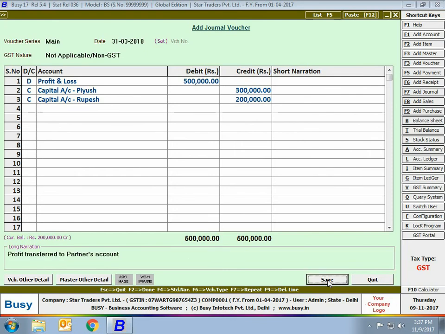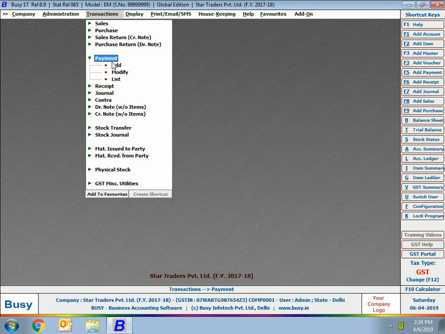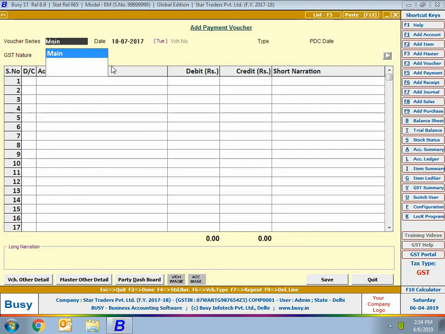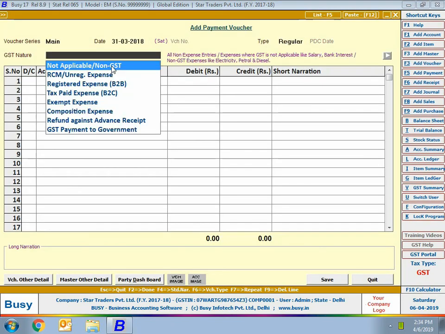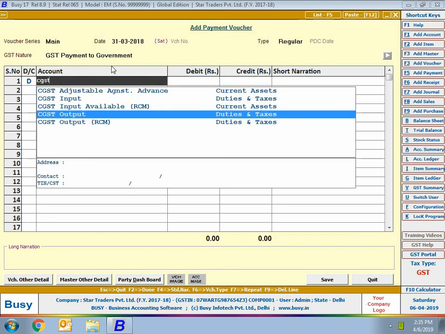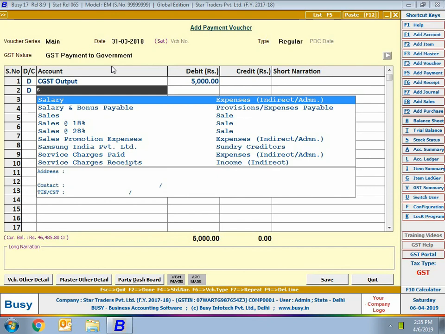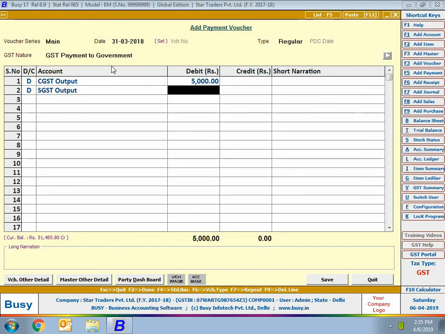Next, we will discuss how we can make an entry for the GST paid for the last month of the year. For this, we will be using payment voucher. If you wish, you can do the same entry with the help of journal voucher. We'll go to payment add option. Here, we will take the GST nature as GST payment to government. We are debiting the CGST output and SGST output account. If there is an entry for IGST, you can debit the IGST output account also, and will credit the GST